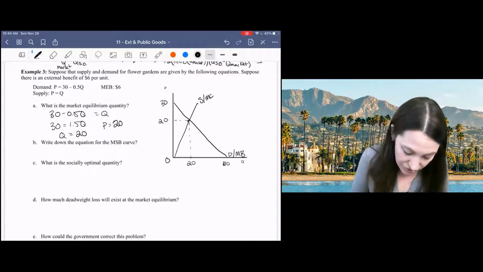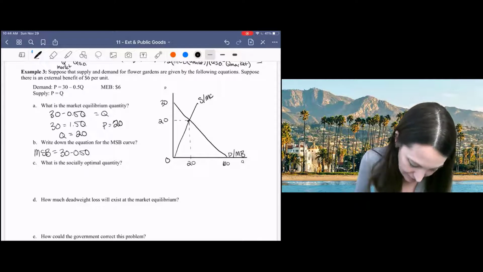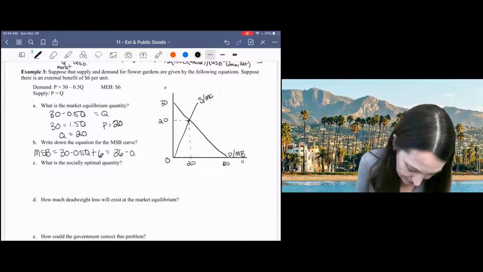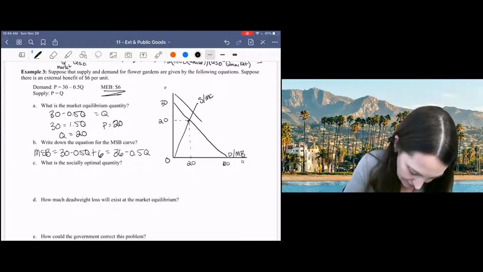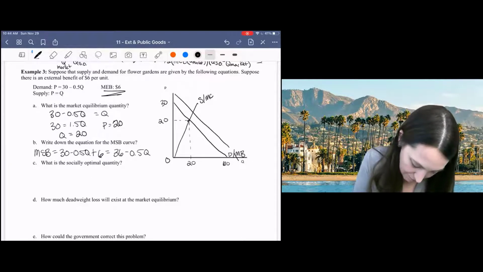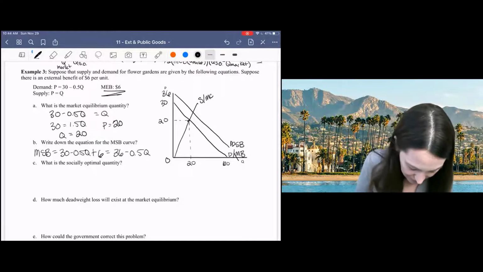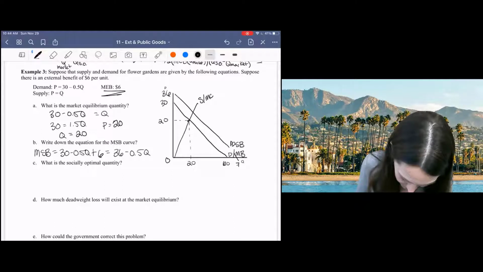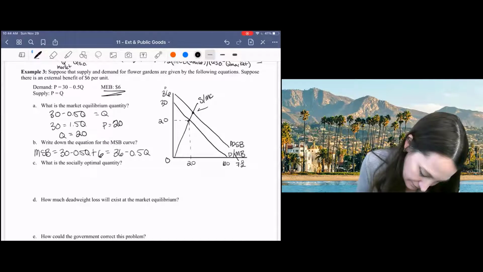So we're going to write down our marginal social benefit curve, which just takes into account the benefit to everyone in society, both our private benefit and our external benefit. Because the marginal external benefit is constant, we've simply shifted the demand curve up by $6. And that's our marginal social benefit curve. And our socially optimal outcome